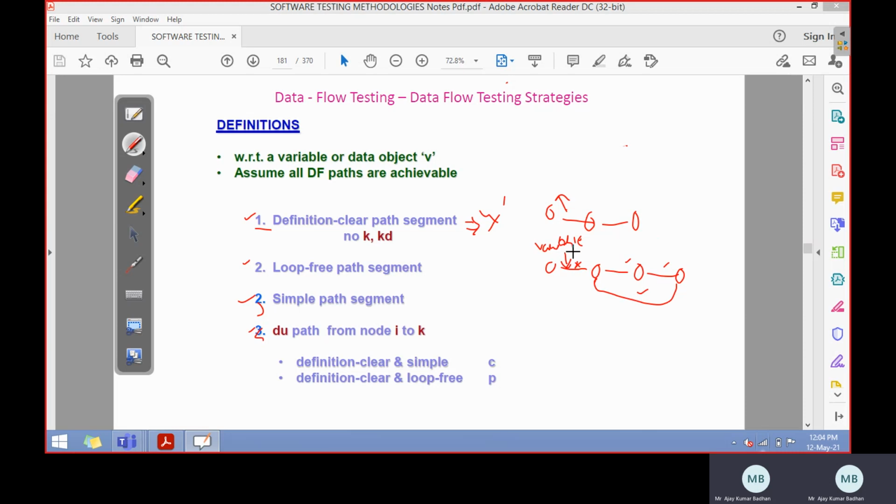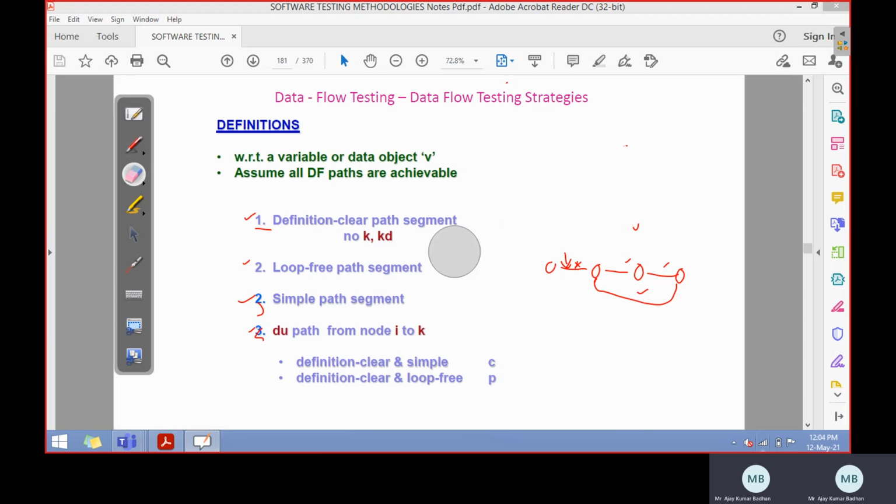Once that variable is defined in the first part, we are not going to modify its value, and we are not going to kill it till the entire program completes. This is what he means by definition clear path segment.